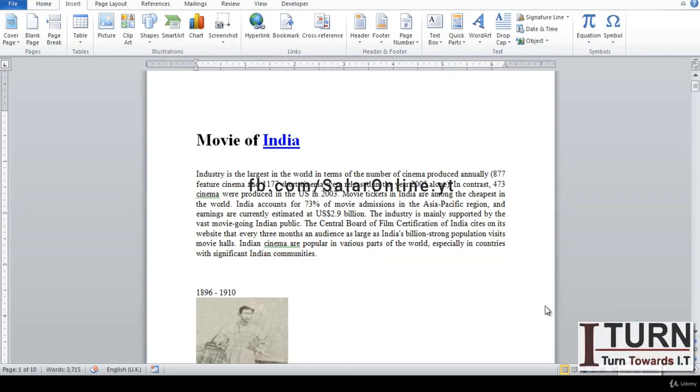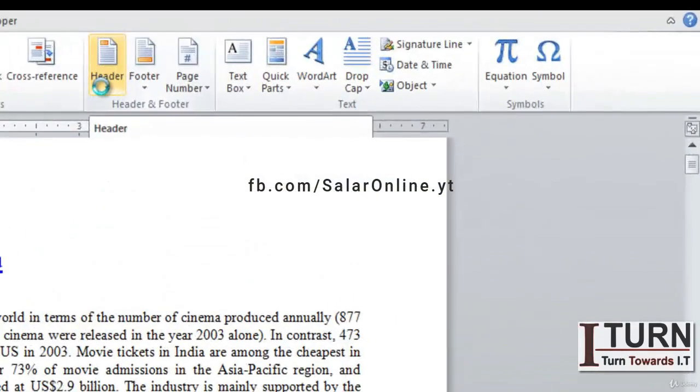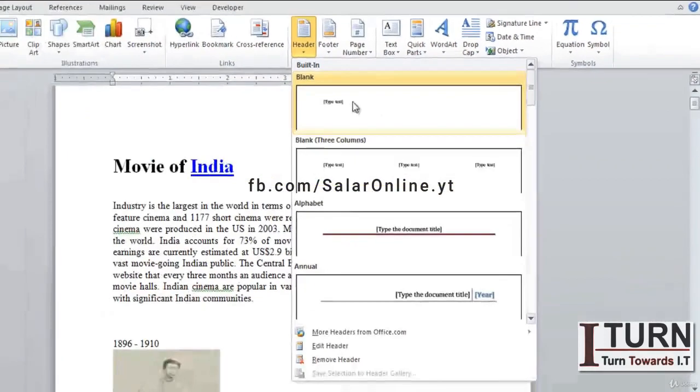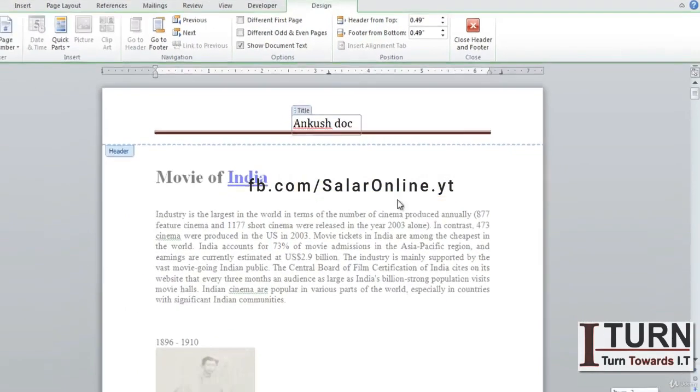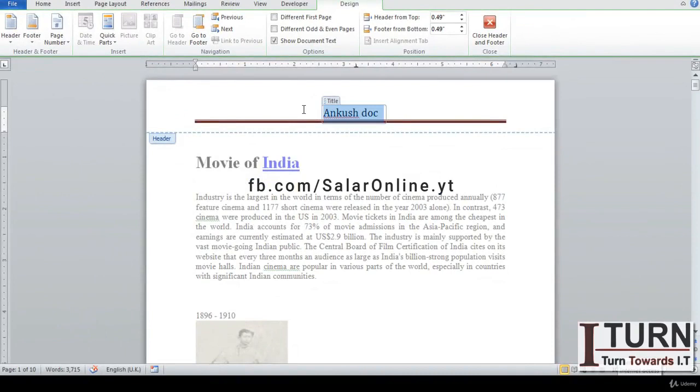Welcome back, students. In this video we are going to take care of header and footer options. These are very simple. The first one is a header. Header is something that you want to repeat at the top of the documents. So I'm going for the header option, and these are the built-in templates. So let's say I'm going for this option, and here I'm typing